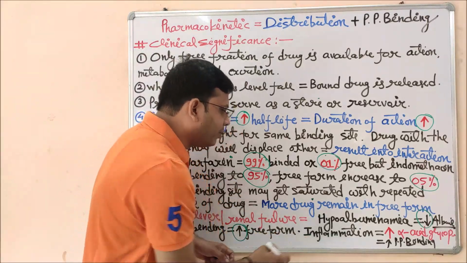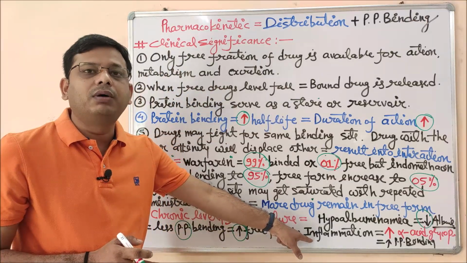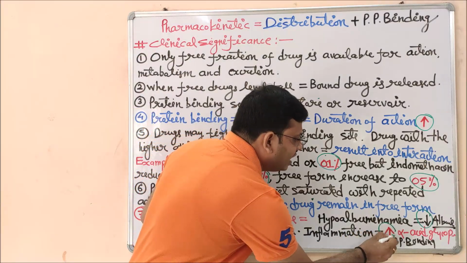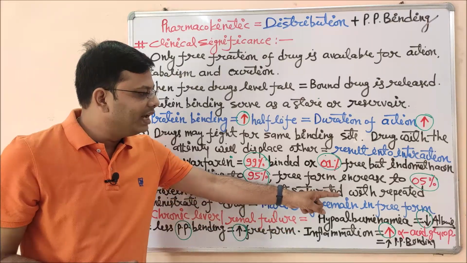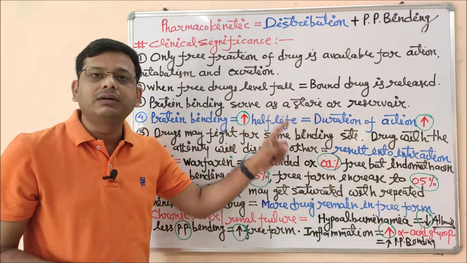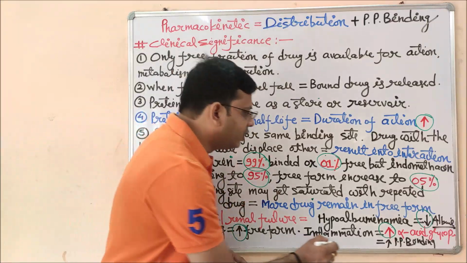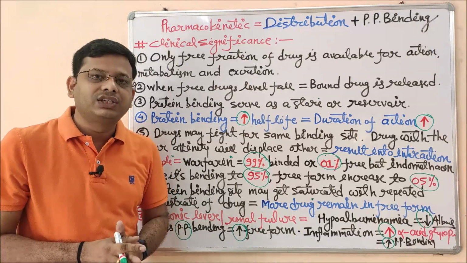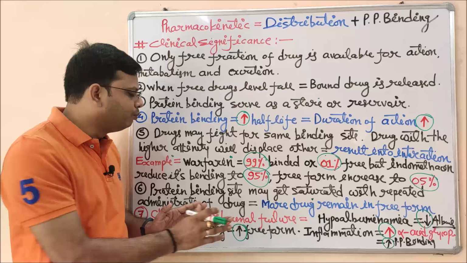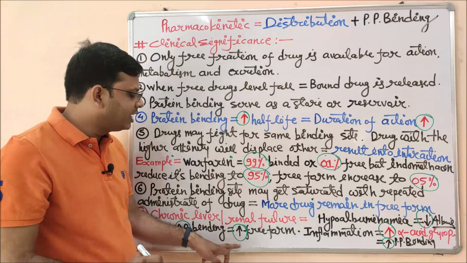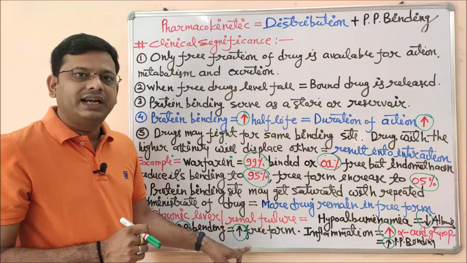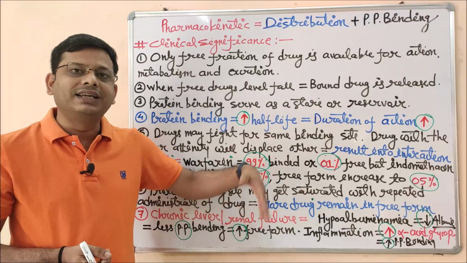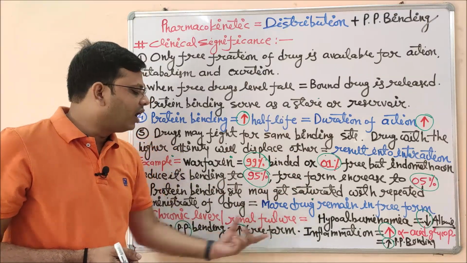The last point: if the person has an inflammatory condition, this is with respect to basic drugs. If he or she has inflammation, then inflammation increases the availability of alpha acid glycoprotein, which is a plasma protein and a binding site for basic drugs. So a large amount of drug will get bound to the plasma protein, and less drug will be available for pharmacological action. So the action may be reduced. In both cases you can see the opposite response. In one case albumin is getting low, so free drug is increasing. In the other, alpha acid glycoprotein is increasing, so plasma protein binding is increasing and free drug is reducing. So both are opposite to each other.